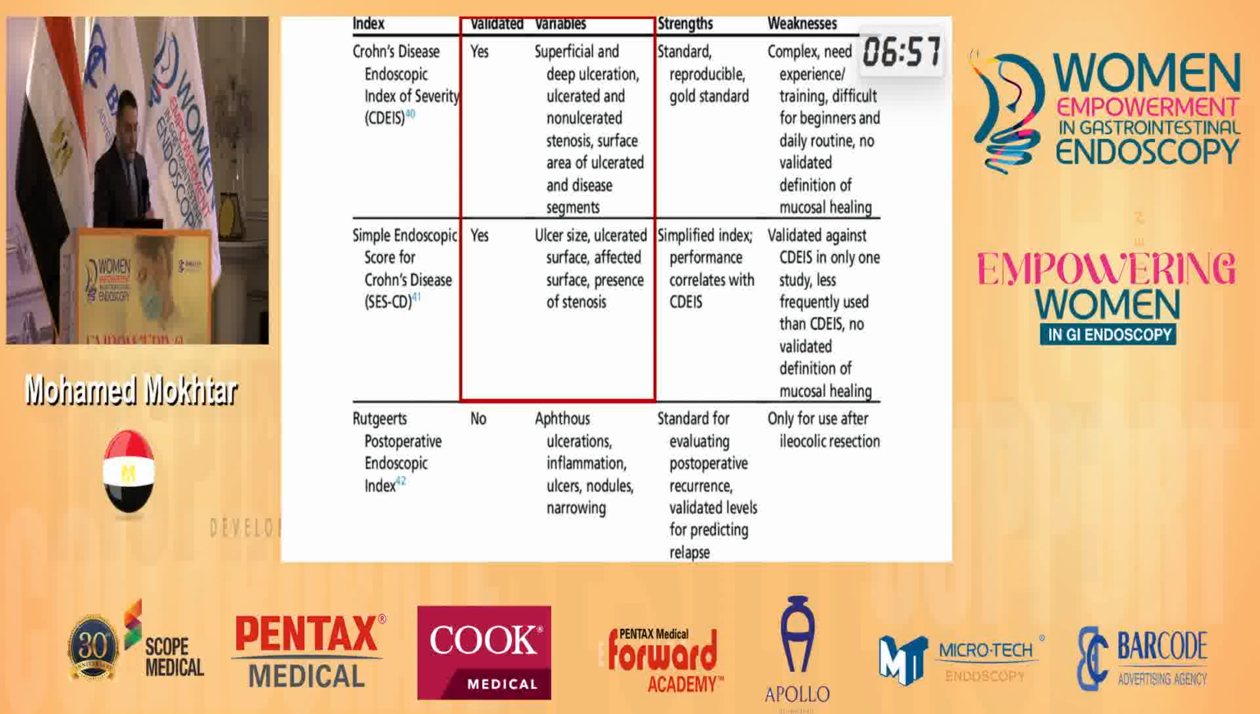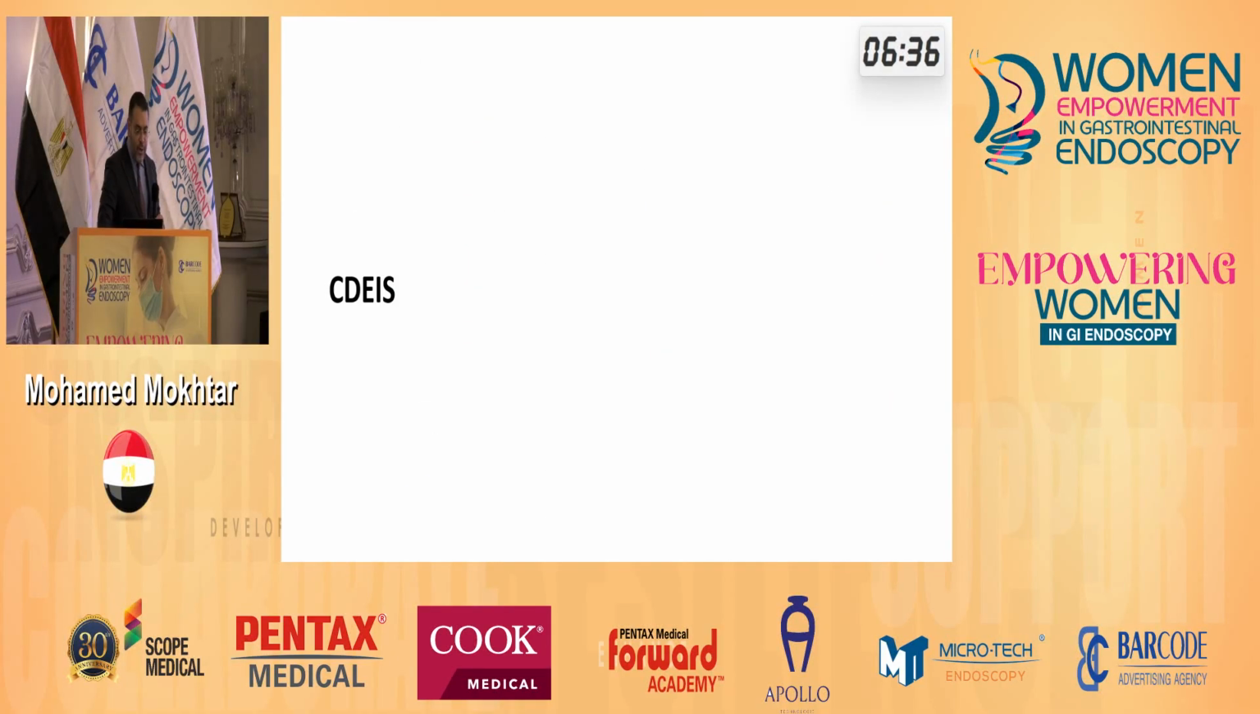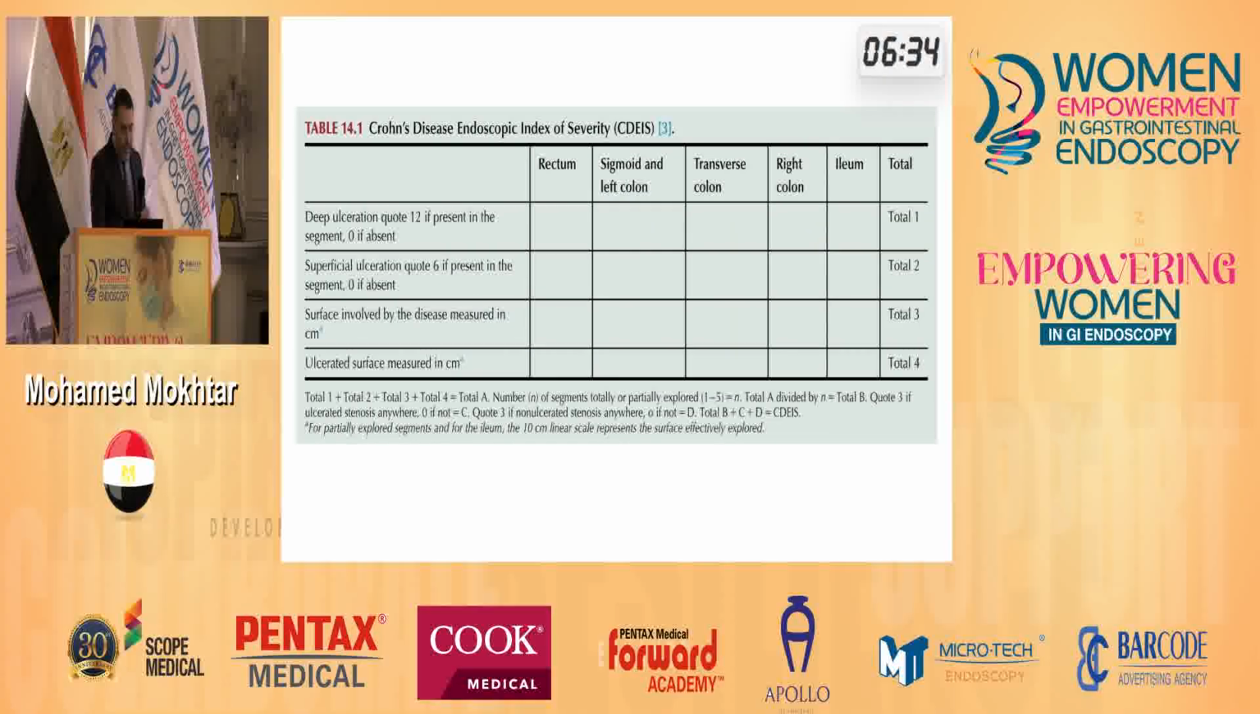The validated endoscopic scoring systems are the Crohn's Disease Endoscopic Index of Severity and the Simple Endoscopic Score of Crohn's Disease. They are both validated, but the advantage of the simple endoscopic scoring system is that it is practical and easy to apply, not difficult like the Crohn's Disease Endoscopic Index of Severity. For the Crohn's Disease Endoscopic Index of Severity, first of all, we will divide the colon into 5 segments. And we will describe if there is deep ulceration, it will have 12 points, and 0